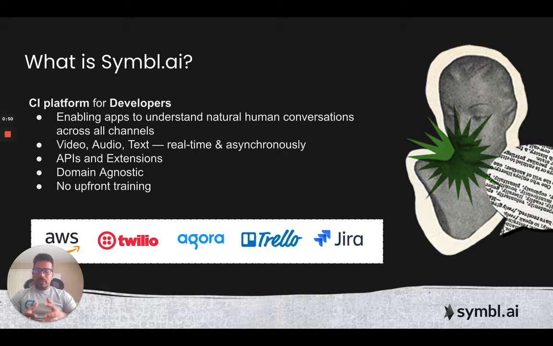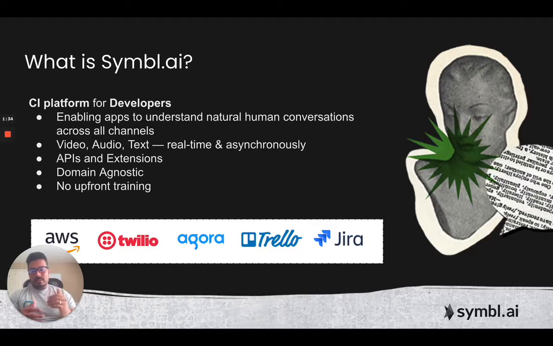First of all, a little bit of context around Twilio and Symbl. Twilio is a communication platform for adding voice, video, SMS, and email to your application. And Symbl is an API platform to analyze voice, text, and video conversations using artificial intelligence and machine learning. So you don't need to build any machine learning models on your end, and Symbl can contextually understand the conversations and the voice, audio, and video data in your applications. That is the first thing we do: enable all apps to understand natural human conversations, not to mention across all channels.